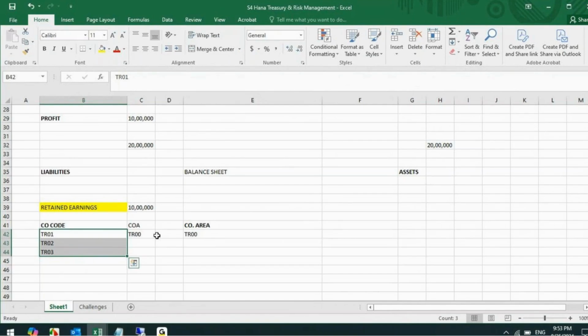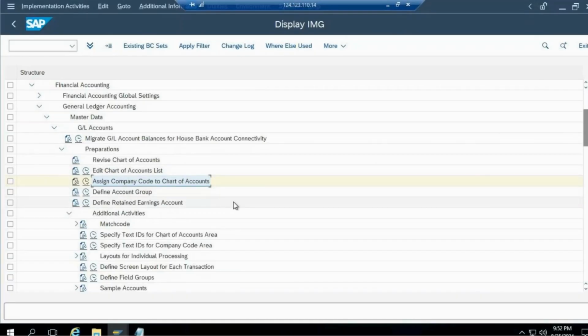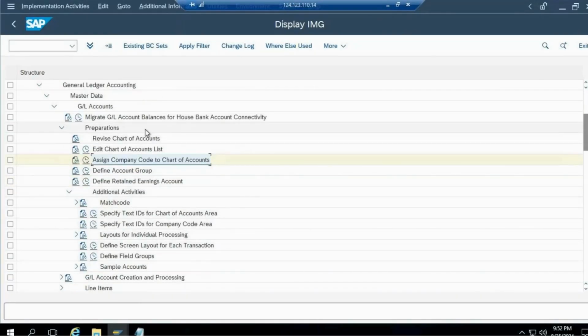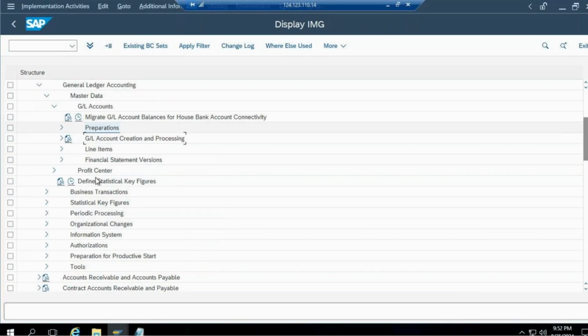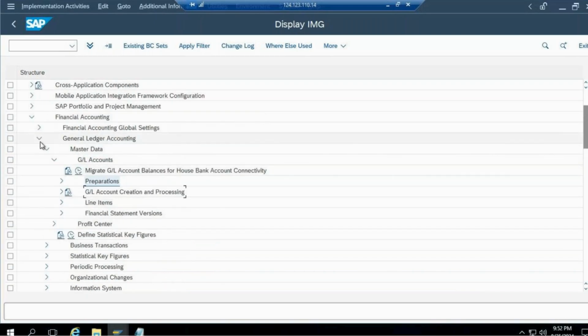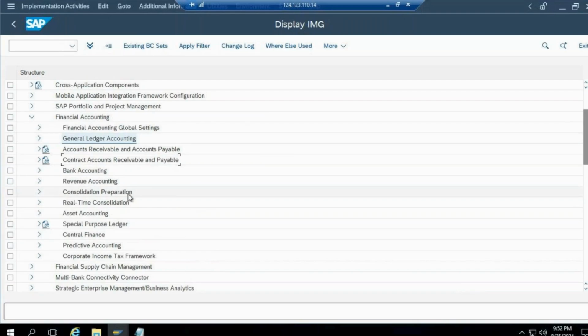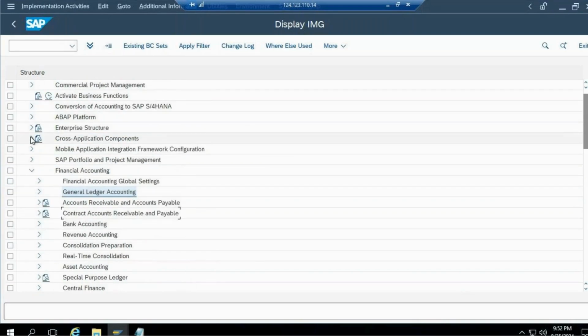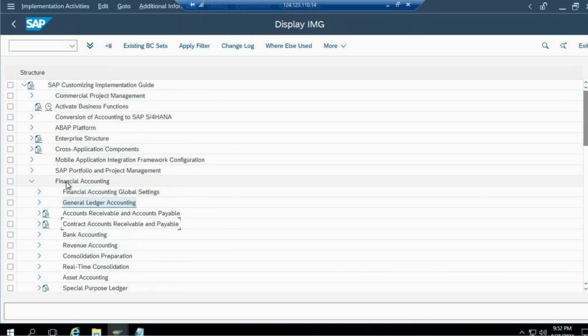together. If I do not do that, then I have to extract the financial statement from each company code and then again merge it in Excel for these 3 company codes, which I don't want to do. So now I have changed my chart of account because of this scenario to a common chart of account, and now I'll go to the enterprise structure